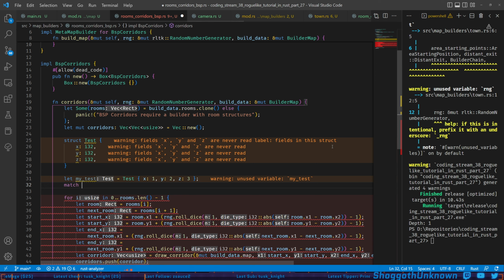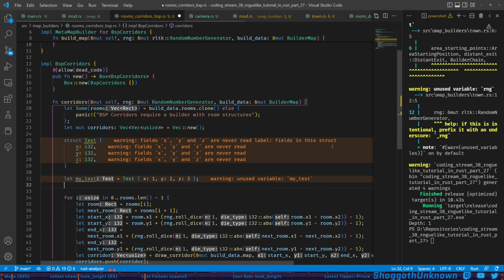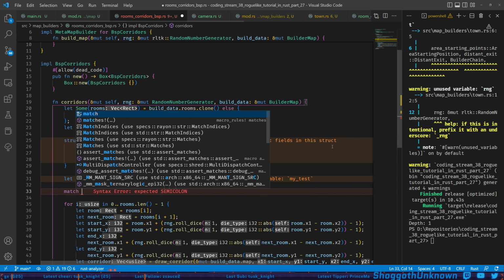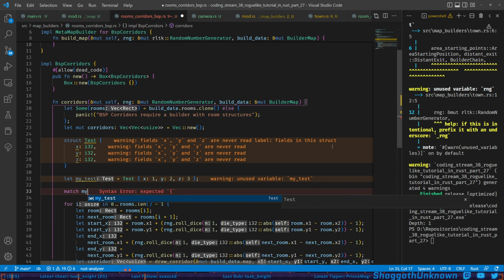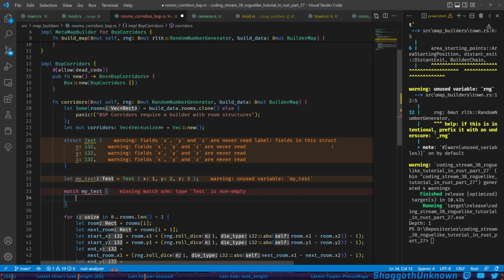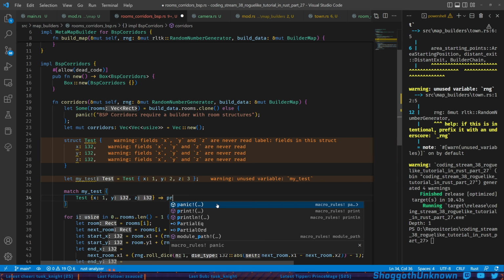You think of C and C++. This is like the switch statement on steroids, right? So we can match on my test, and now we have to actually have some different patterns in here that we want to match against. So we know my test is a test struct. So I'm going to say test, and then we're going to say X, 1, and we're going to say Y and Z. And then we'll print line